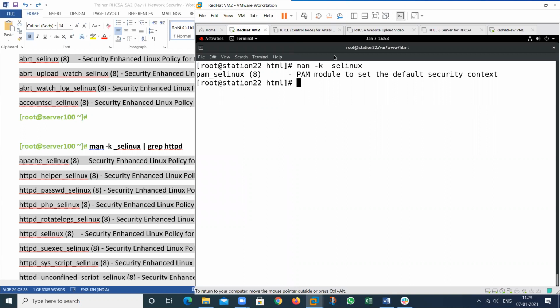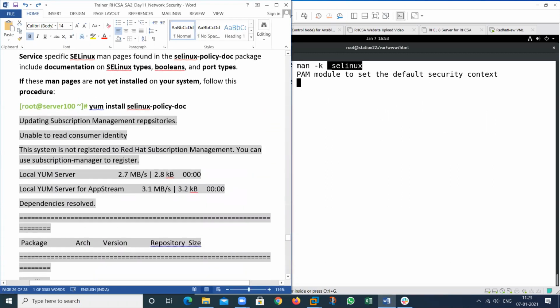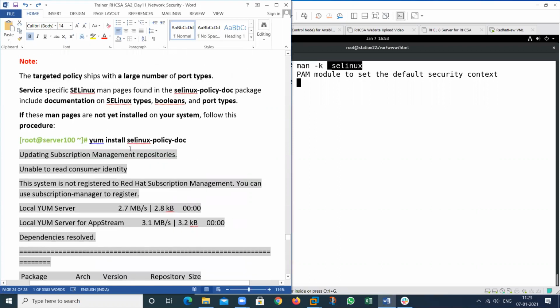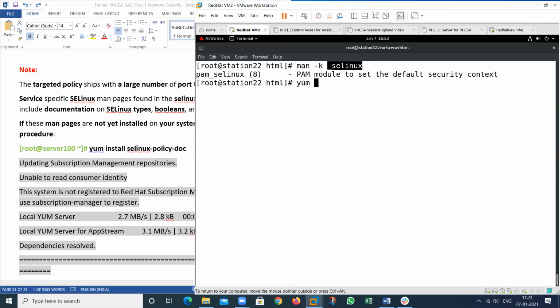To know more about SE Linux, you should install a particular package, because we have a lot of policies about SE Linux and their manual pages. So first install this package.